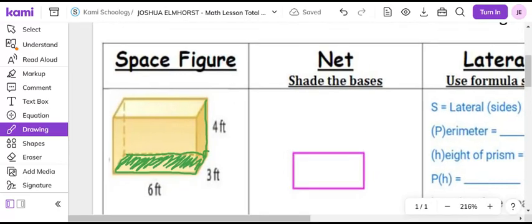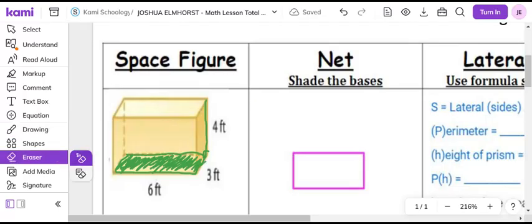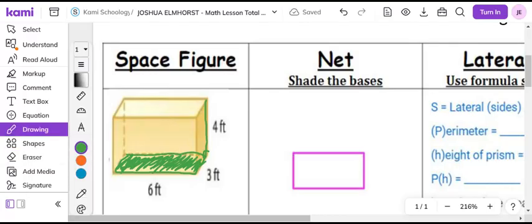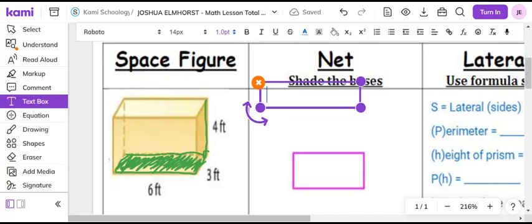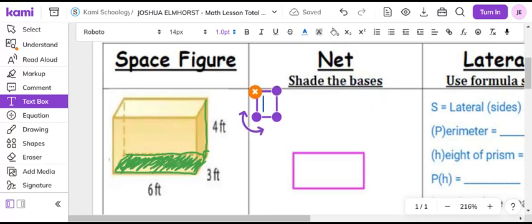Now, one thing we need to add in here, the net of this shape, what is the name of this shape if we pick this as the base? That is a rectangle. Now, just the base. I guess from this angle it does look like a parallelogram, but it's only because of the skewed view. So this is going to be a